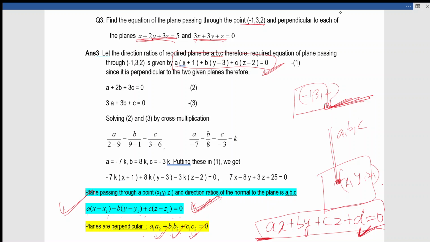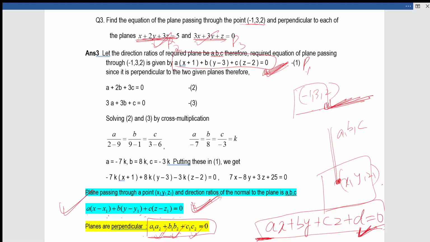Once you know ABC, you will put in equation 1 and you will get the answer. तो ये जो condition given है, ये given है to find out the value of ABC, right? Now this plane 1 is perpendicular to this plane. इसका naming दे दो, say ये P1, let this be P2 and let this be P3. अब जो P1 है वो P2 के perpendicular है,